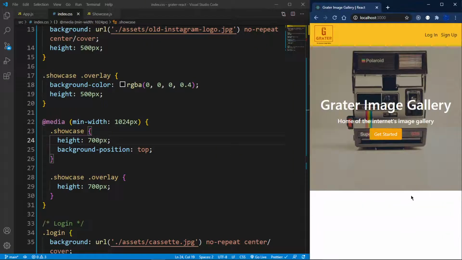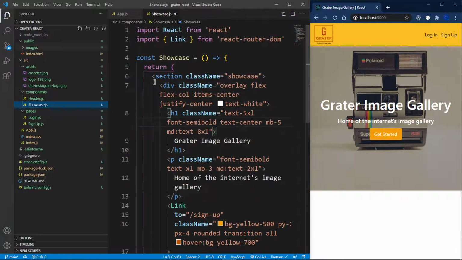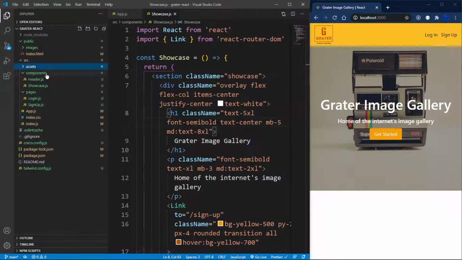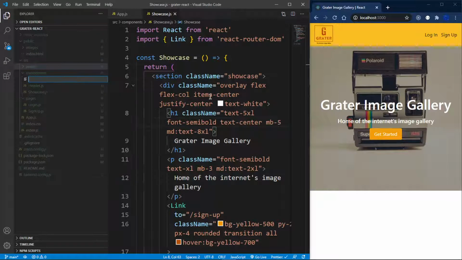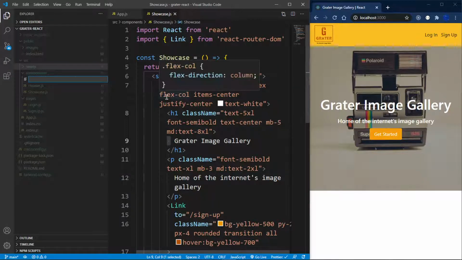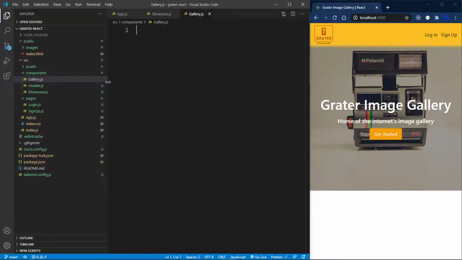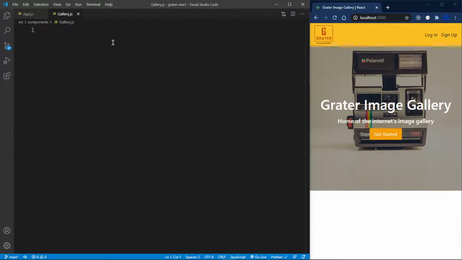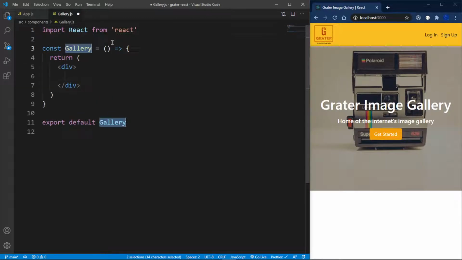Now let's begin to deal with our gallery. So for our gallery, I'm going to close my index CSS, and inside my components folder, I'm going to create a new file, not inside my assets, but inside my components. I'm going to create a new file called gallery.js, which will be my gallery component. Okay. For my gallery, I'm going to say RFCE, and then, oh, you know what, I've just realized I don't